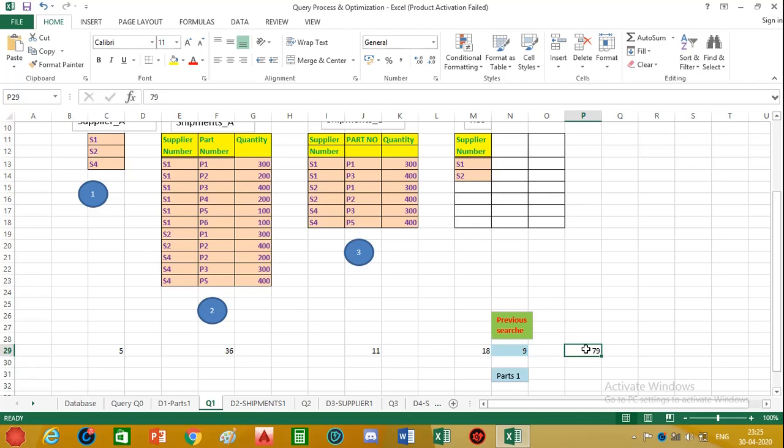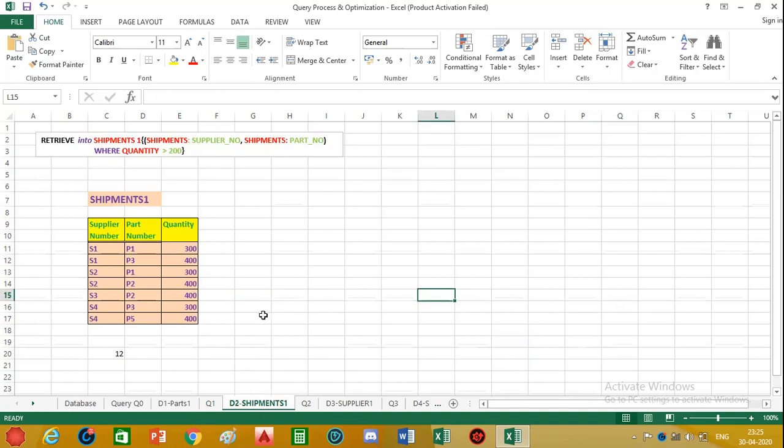Now we will also detach the shipments table into shipments 1. So this is the second detachment, such that only those suppliers supplying parts with quantity more than 200 will be considered. While incorporating these two detachments, that is parts 1 and shipments 1, the query process has only 3 statements now.